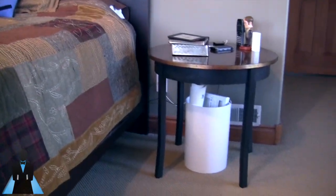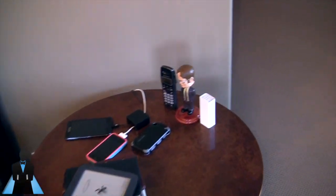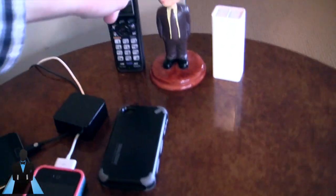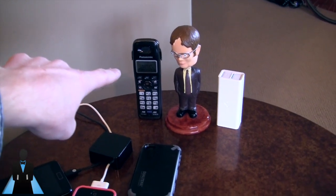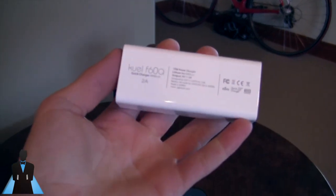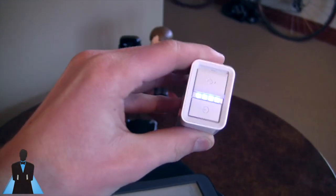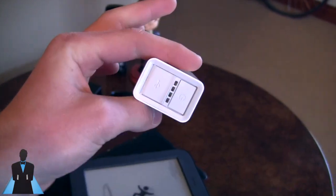Now, as we turn around here, you see my garbage, and here's my bedside table. I have a Dwight bobblehead. It's pretty great. I have my landline telephone. Yes, we do still use those in this household. And I have this. This is a new 6,000 milliamp hour battery from SGP, Spigen, if you will, and it's pretty stellar. I've been packing this around with me to school to recharge stuff on the go, and